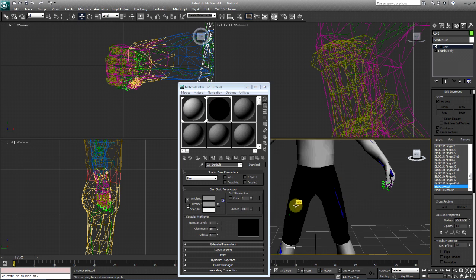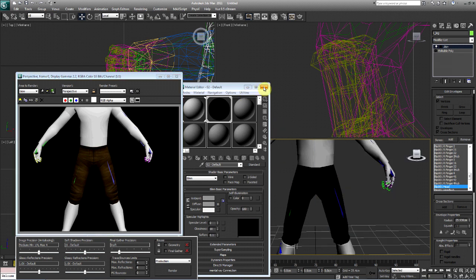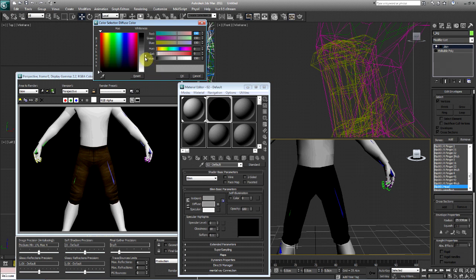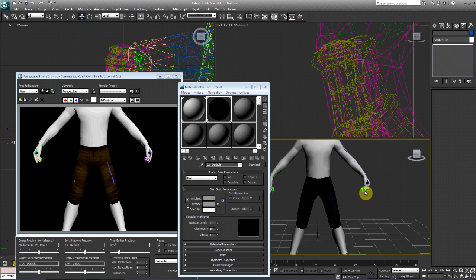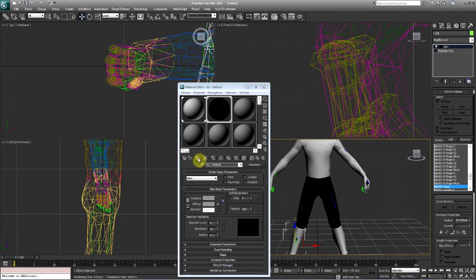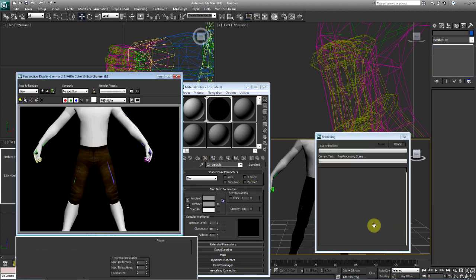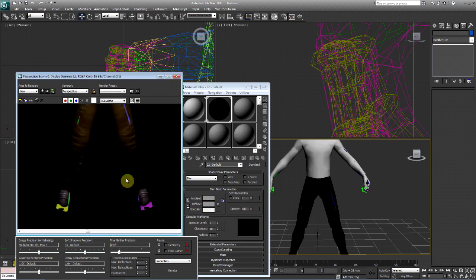Let me see here. Okay, there we go. I'm not sure why the color is coming out that way. It just is. Well, anyways, so we went ahead and selected legs. Let's go ahead and add our boots textures. I don't know if it's the same. Let me see here. Legs may define the boots as well. There we go. So now, as you can see, the texture for legs is for boots.